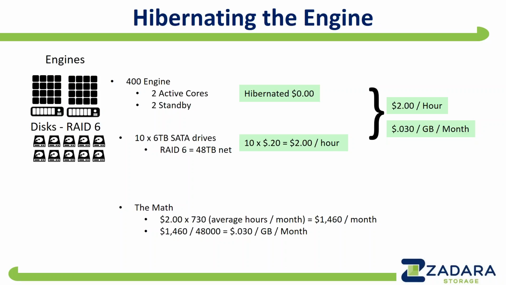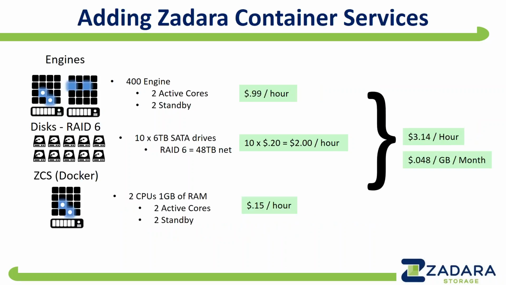So in this case, the engines are gone, but the data is still there being taken care of, and everything's fine. So now we're getting to a cost of $2 per hour, or 3 cents per gigabyte per month. Simply the same math works here very, very easily. And then the last slide in this grouping